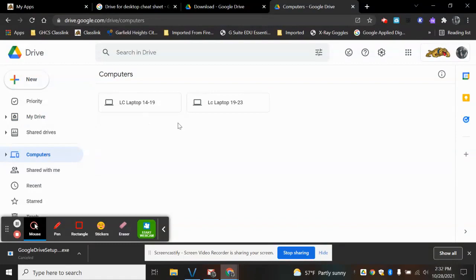And you can see here, now I have renamed mine. They'll automatically suggest a name for yours, but mine were both from Lenovo ThinkPads, so they had the same name. So I went ahead and named them my laptop and the years they were. So right now I have my laptop for 2019 to 2023, but if I wanted to access files I had backed up from my previous laptop, I could just go click on it,